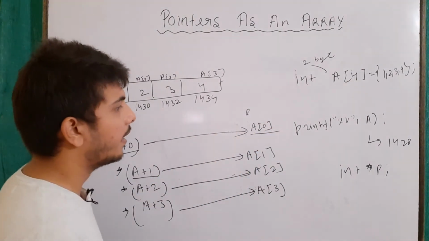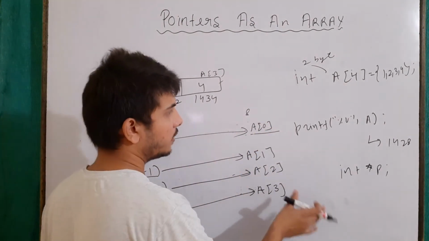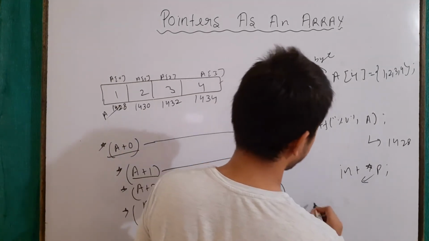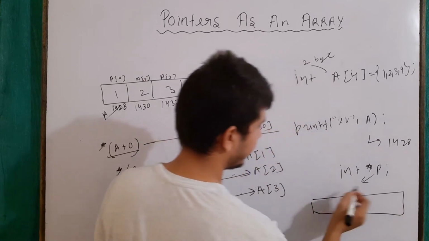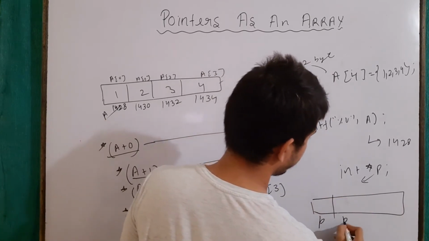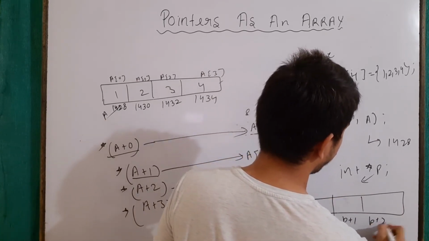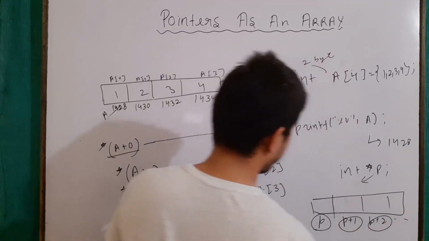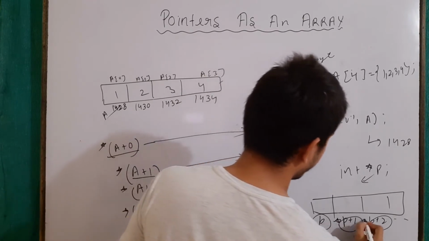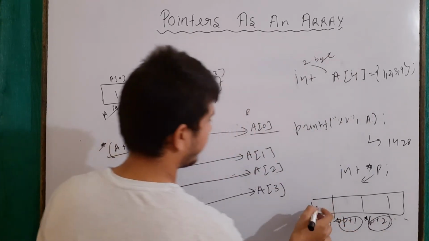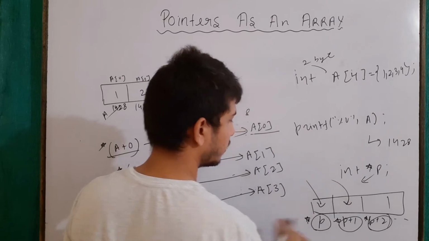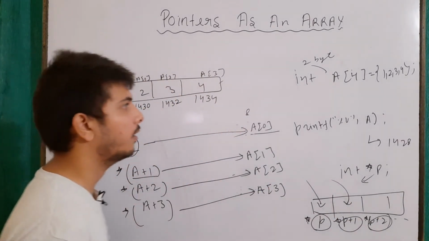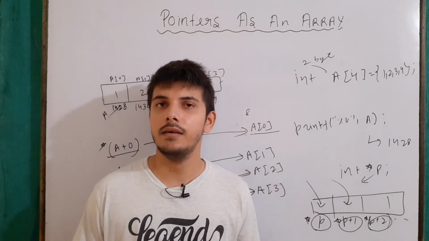So we can say that a pointer variable could also be used as an array. The simple thing is that we will use the base address, let's say p here, and then I will use p plus 1, p plus 2 and so on. This notation will be used to access any address, and then I will use the dereferencing operator to find what is present in this address location or to change or assign it some other values. Okay, now let's see how a pointer to an array works.